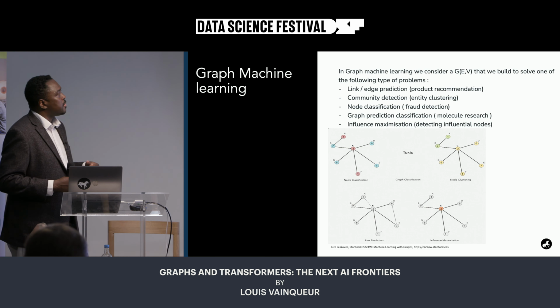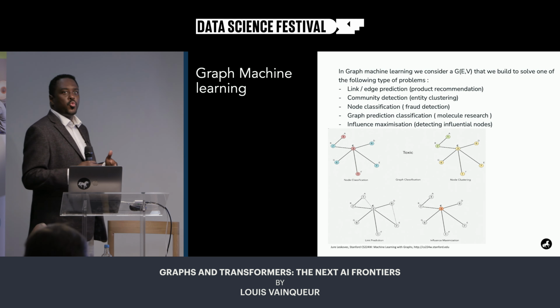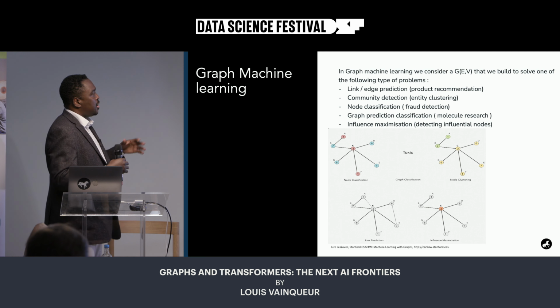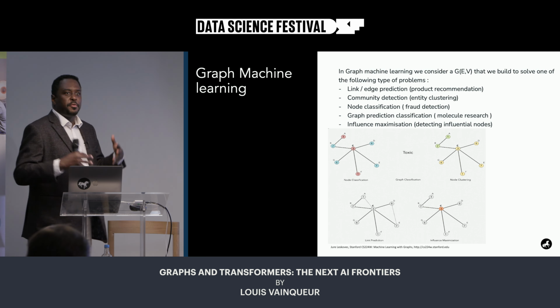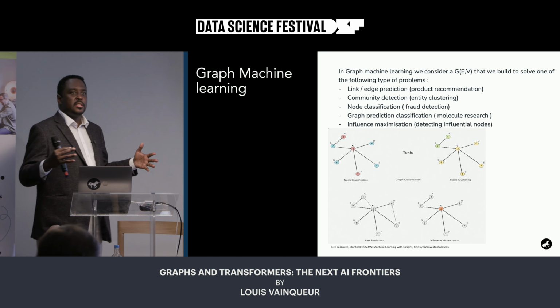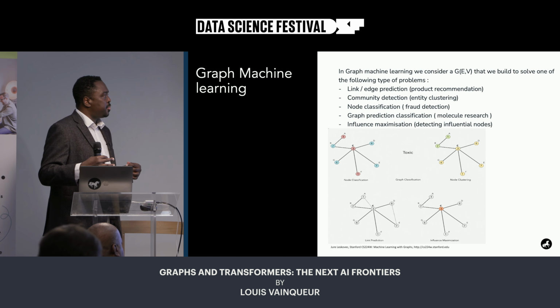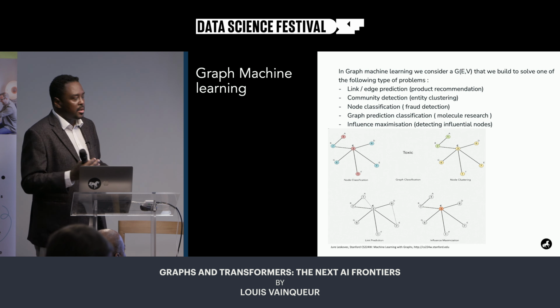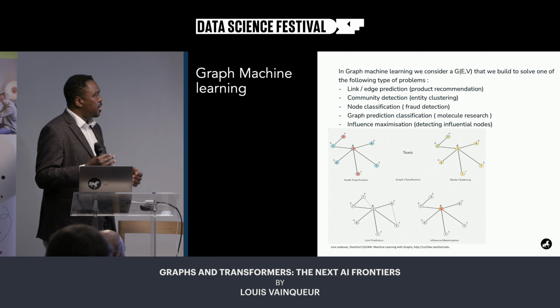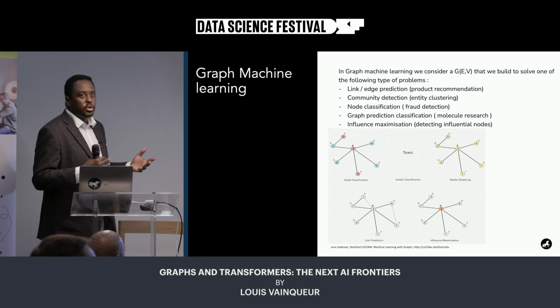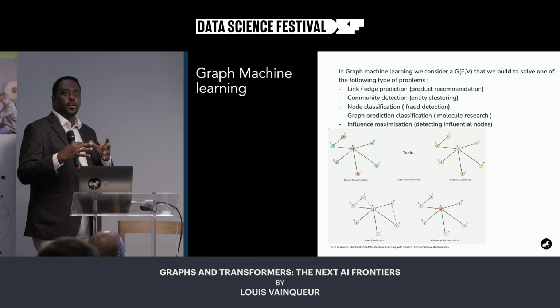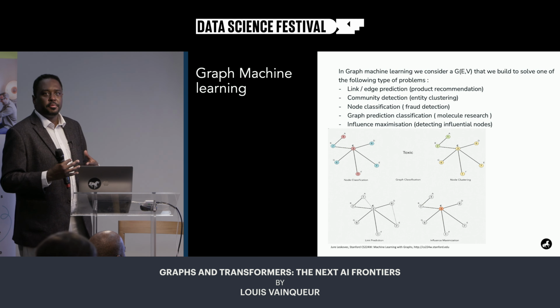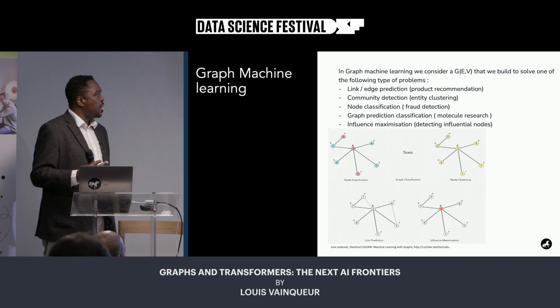Okay, so what type of problem can you deal with when you're using graph? Traditionally, you have the following. You have node classification. So if I have a social network, can I see, for example, who is, let's say, a barber, or who is a buyer for a particular product? You have node clustering. So can I identify a community from a network of people or a network of product?